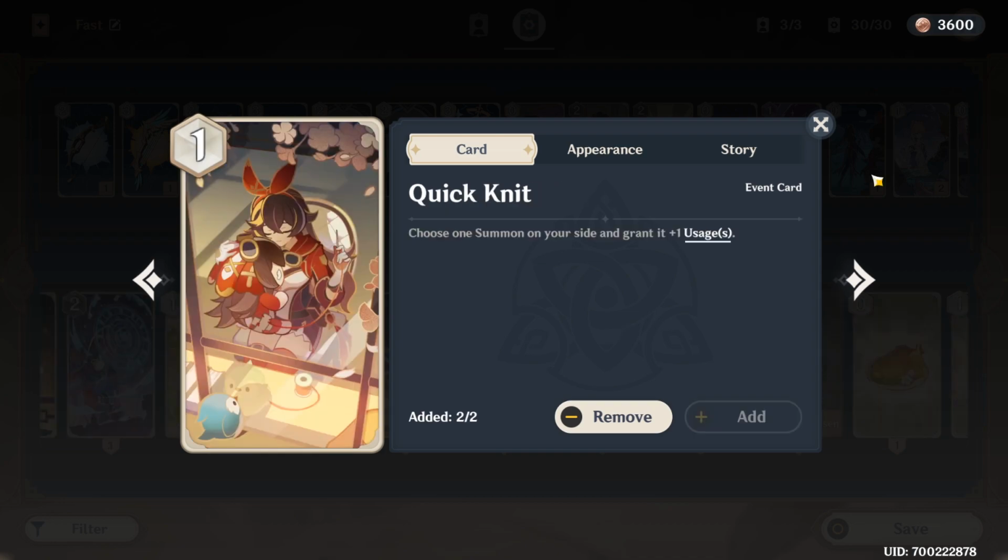Okay, another super great card. If you play Collei or Fischl, for example, they do summons, and the summons stay on the field for a certain time. But what this does is you pay 1 and you grant it +1 usage on the card, which means that when you summon, it will extend the duration by 1 turn, which is 1 more turn that is hitting the opponent and making elemental reactions, which it might not seem that great in your mind, but